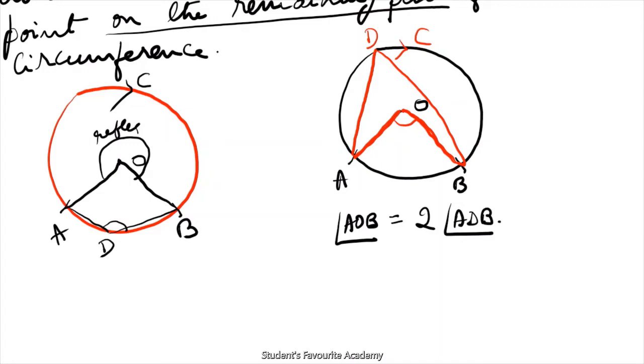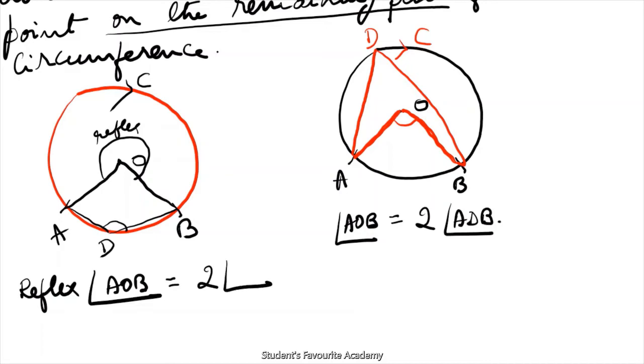And in this case, reflex angle AOB will be equal to double the angle ADB. Okay. Is that clear? Now we will prove it. So we will prove taking this example. Automatically the same thing can be applied and proved. Okay. So now